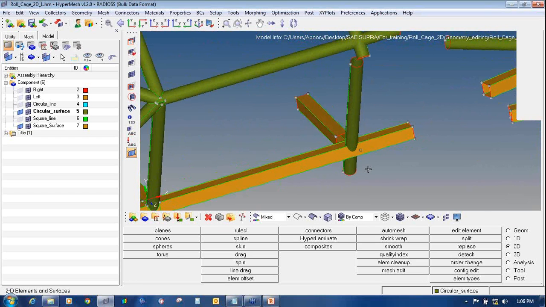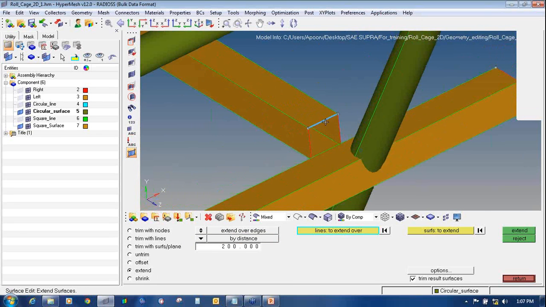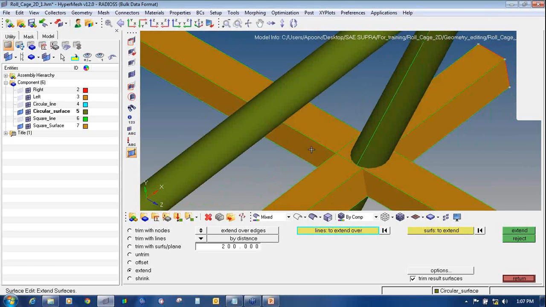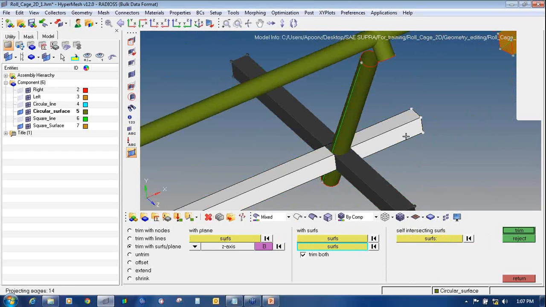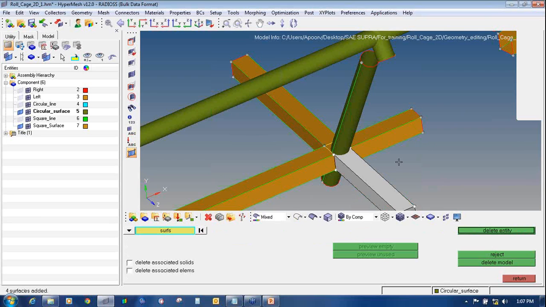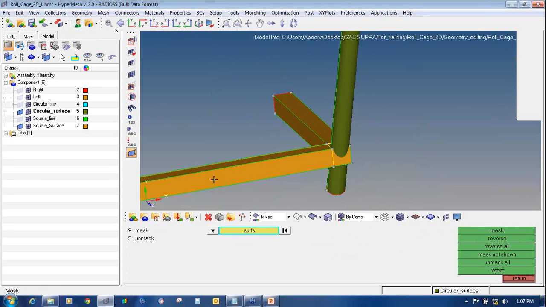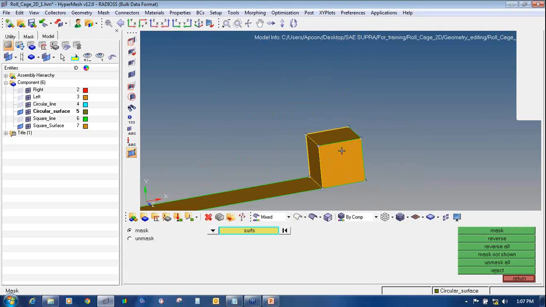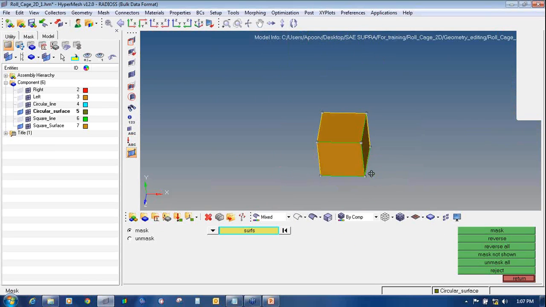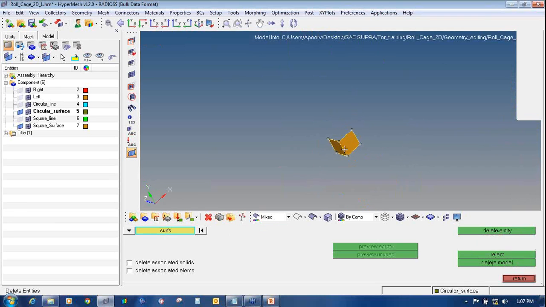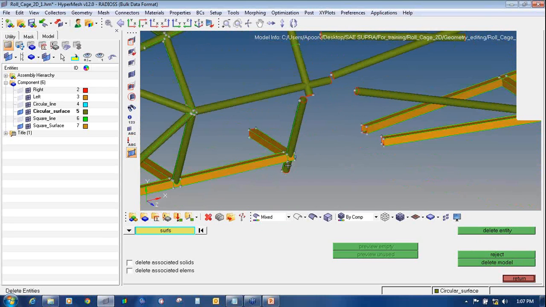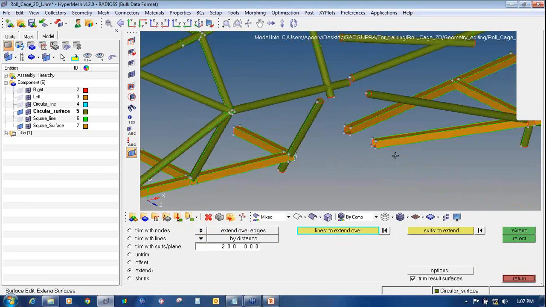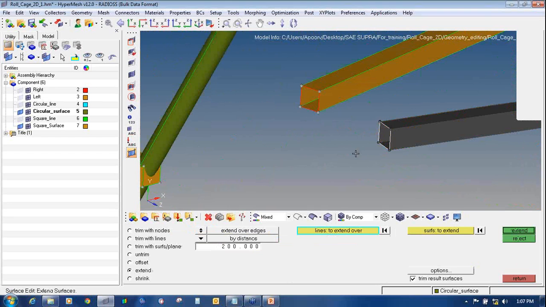So I will again move to this, Shift F9, extend these, trim with surface, trim this with this one, delete the extended one, say mask, and delete this, unmask all, again Shift F9, extend these,